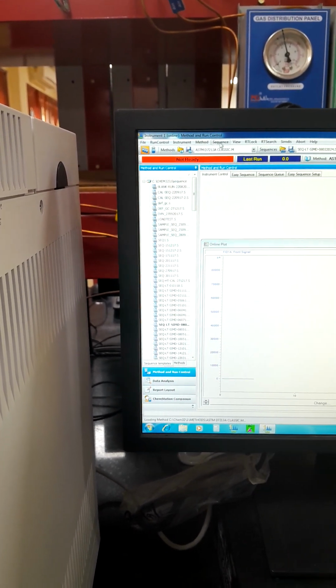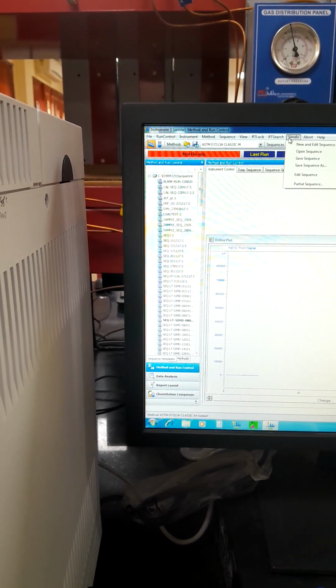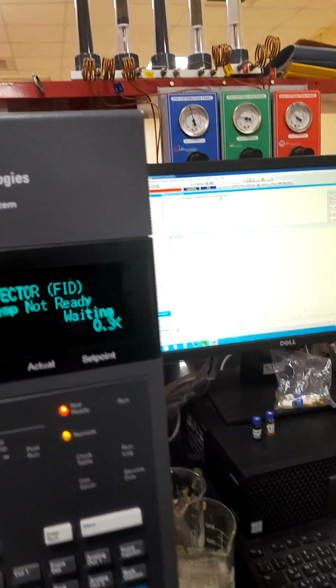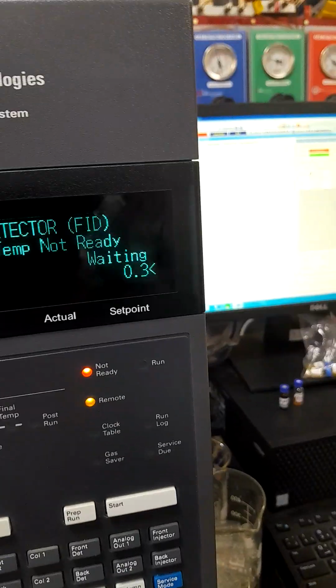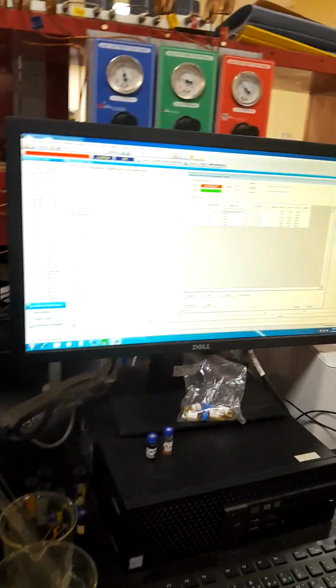So in this parameter, we will do only the SIMDIS. We have new and edit sequence, open sequence, save sequence, edit sequence. So what is in this sequence? As we are using an auto sampler, we can design our sequence. In this designing, what we will do,